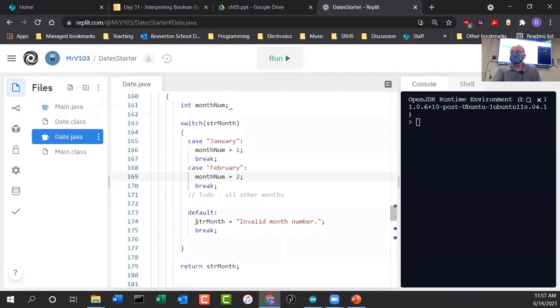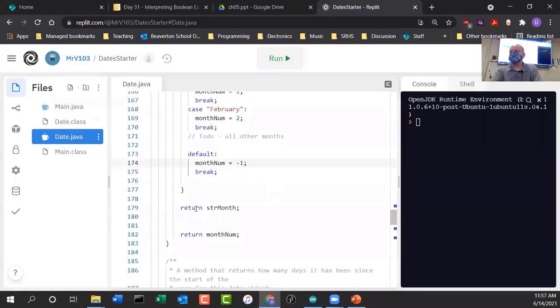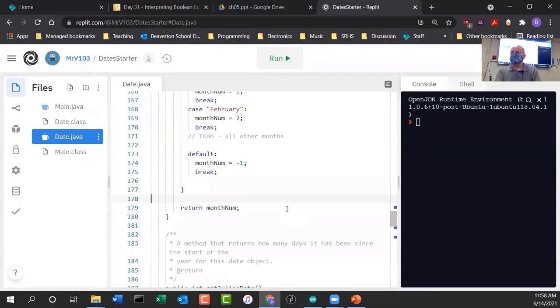Then for the default case, if they don't specify a valid month name, then we want to pass back a value that will indicate something's wrong. So here we say month number, and we pass back a -1 saying, hey, this doesn't make sense, right? And then instead of returning the month, we're returning the month number. So we've just translated